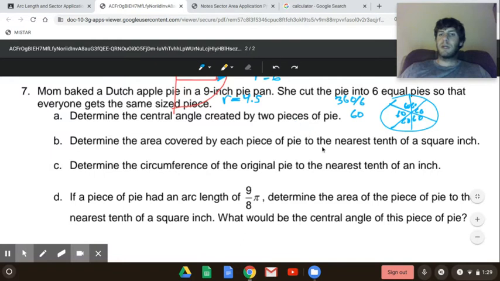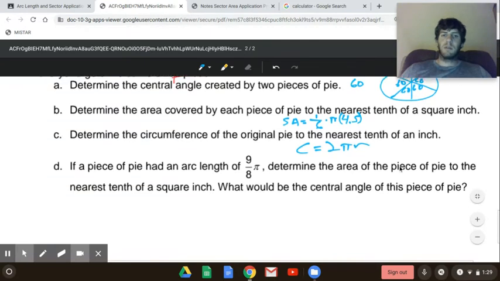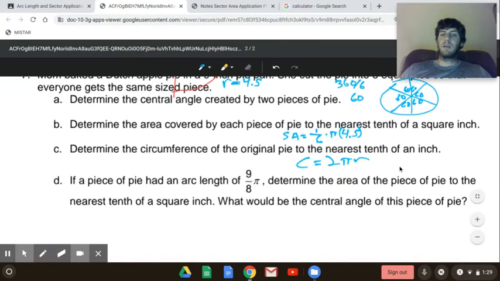So each piece of pie is 1/6 of the circle, so you would have 1/6 times your area, which is pi. We just said your radius is going to be 4.5. Right, so you would have your sector area formula as such. Okay, and then determine the circumference of the original pie. So circumference is simply 2 pi r. So that should be good there. And then if the piece of pie had an arc length of 9/8 pi, determine the area of the piece of pie